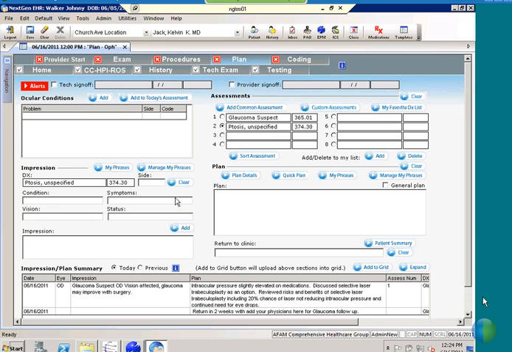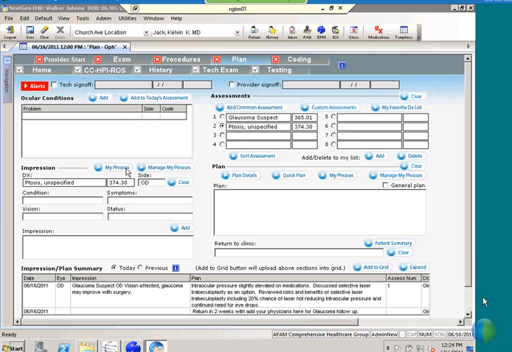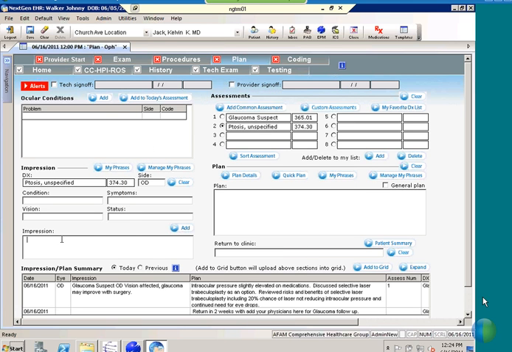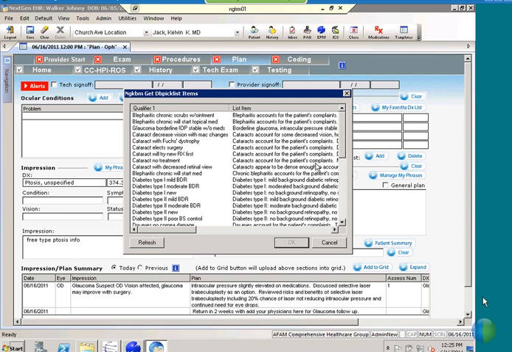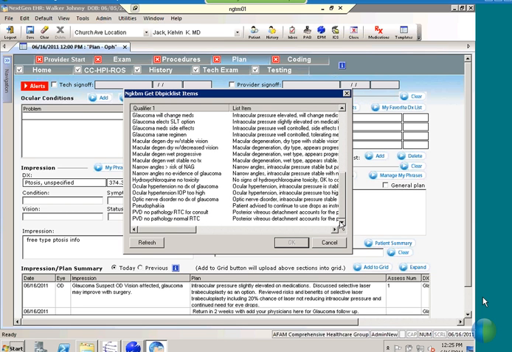So for each of your diagnoses, you can come in here and use the My Phrases. You can create those, or you can come down here and free type. And then go to your quick plans and choose one. If there's not one in here for what you need,